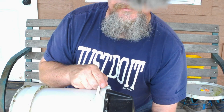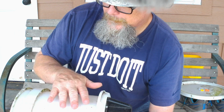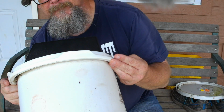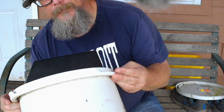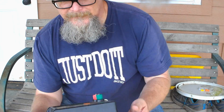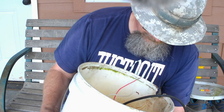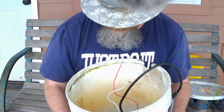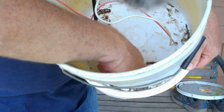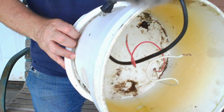Okay, so then what I did was I took the bottom part of the bucket, the container part of the bucket, and I took another paint bucket, the same type of paint bucket. I believe they're 5-gallon paint buckets, and I screwed, you can see it, I have some screws in here, and I screwed those two lids together, the lid and the base of the paint bucket together,